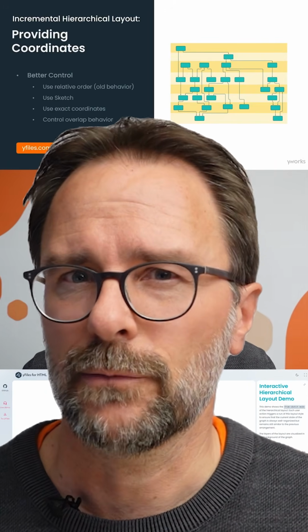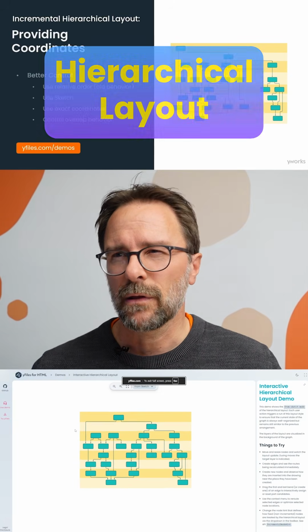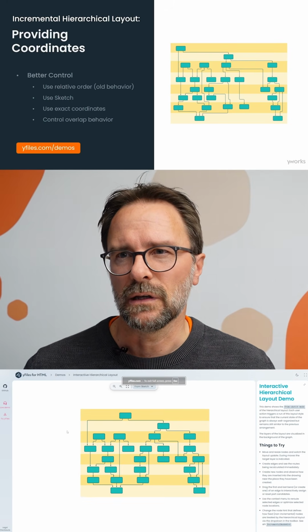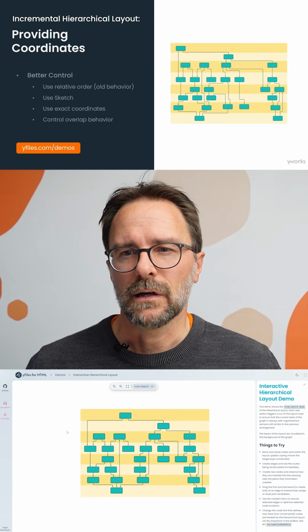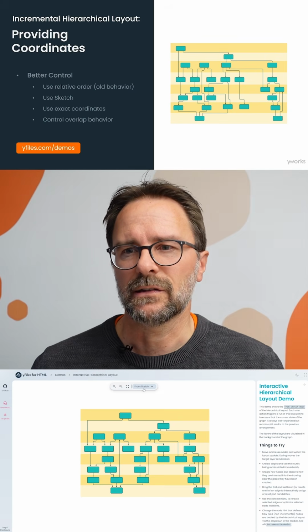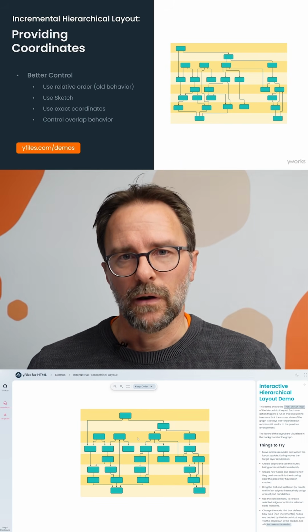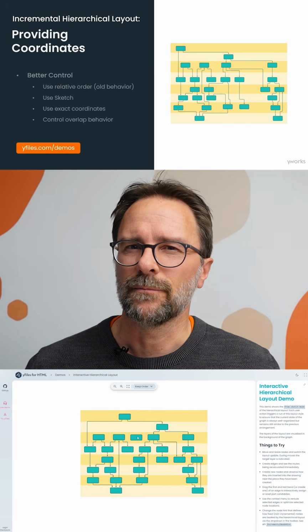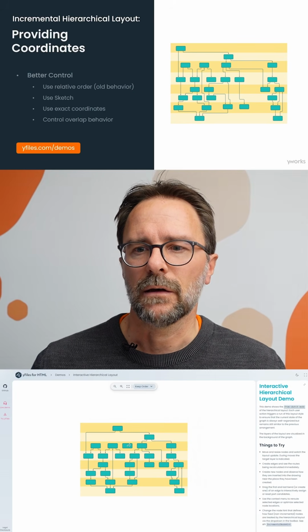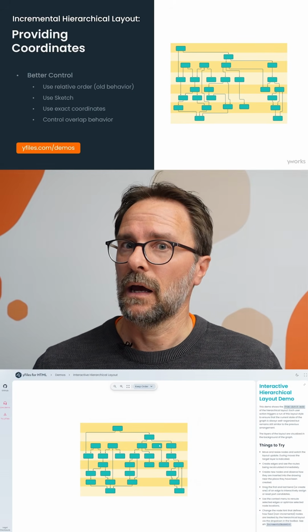One of our most important algorithms in yFiles is the hierarchical layout. It's probably the one that's being used by the majority of our customers. And one of the features of that algorithm is that you can incrementally add elements to an existing diagram. This has been possible before, but there were some difficult parts and some constraints, and we now improved the algorithm